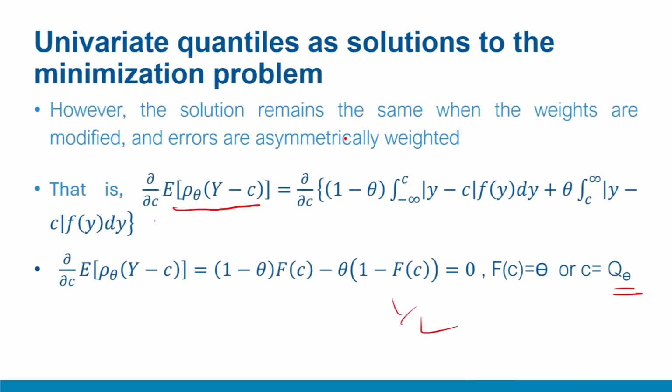To summarize, in this video, we discussed a simple proof of the quantile regression model, taking a simple random continuous variable y as a univariate quantile. And when we optimize the check loss function for a particular center, the solution we got was the quantile itself, and for the median we got the value half, which means for the center we got the median, the 50th percentile, itself.